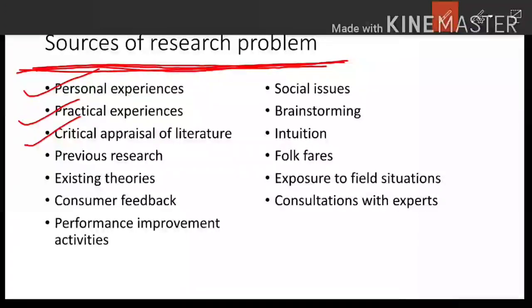Another type of literature that acts as a source of good research ideas is the requests for proposals, that is RFPs, that are published by government agencies and some companies. Typically these RFPs describe the problems that need addressing, the context in which they operate, the approach they would like to take to investigate and address the problem, and the amount they would be willing to pay for such research. So if you know how to critically appraise the literature, definitely you will get some idea out of it to formulate your research problem.